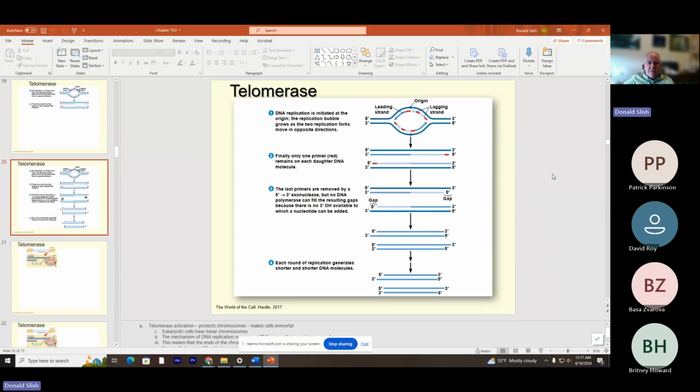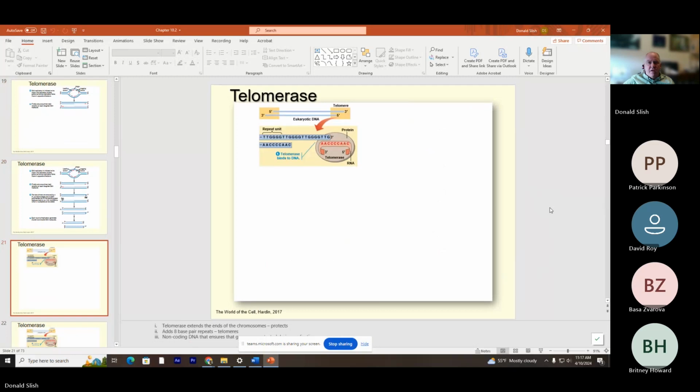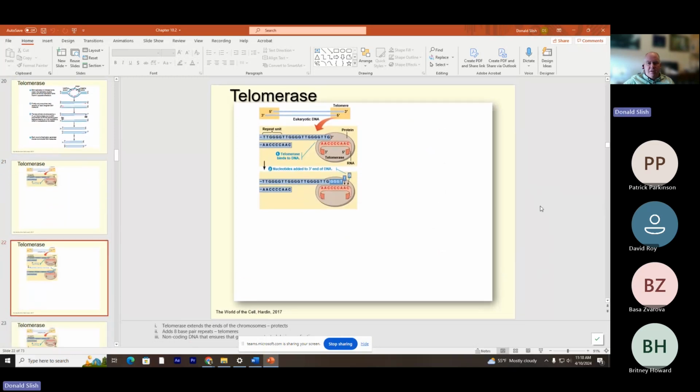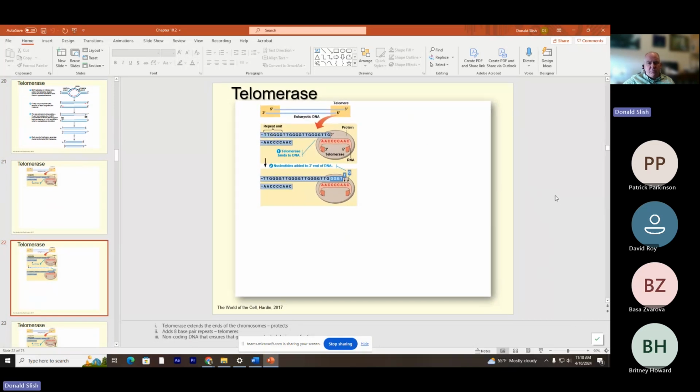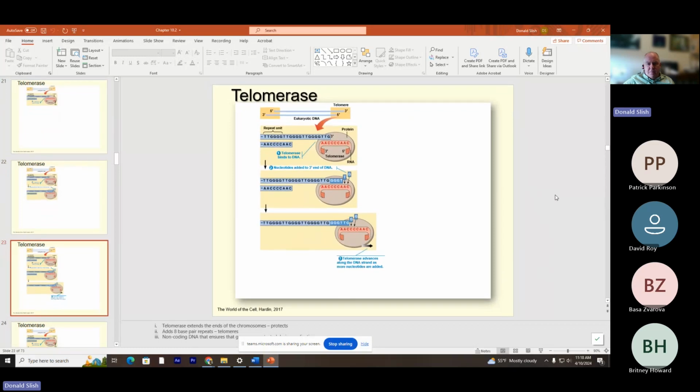Telomerase, let's just skip to the end here. The whole idea with telomerase is that with your linear chromosome, every time you divide, you lose a little bit of information at the two 5' ends, and the chromosome gets shorter and shorter. Telomerase is going to come in and add base pairs on the end by having its own internal template, and